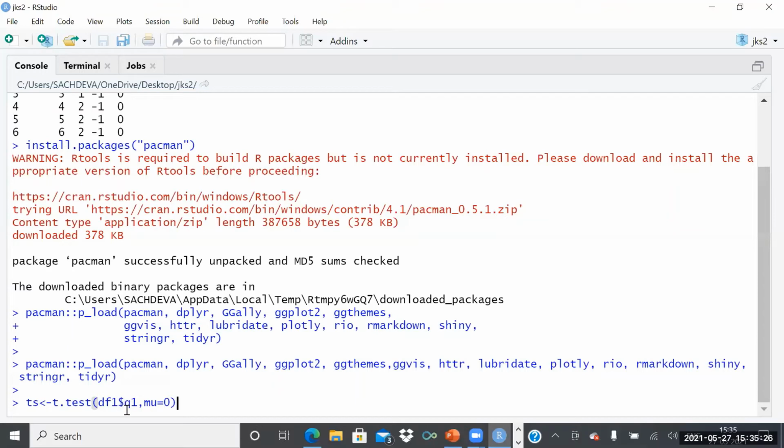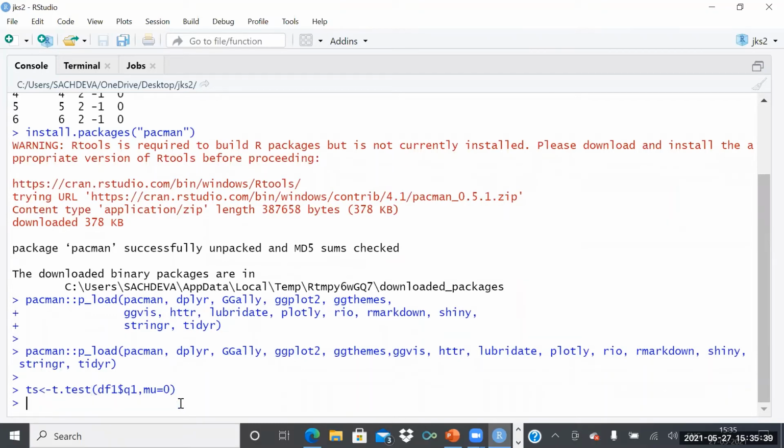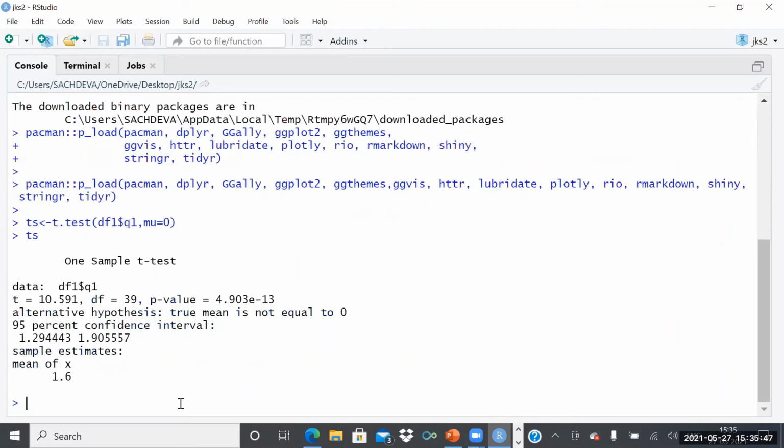When I put the $ sign, it will pick up any of the variables. My variable is Q1, which I am going to test against mu 0. I have just entered it, and now it has calculated and gone into TS. I will run TS, and the calculations have been done for me.